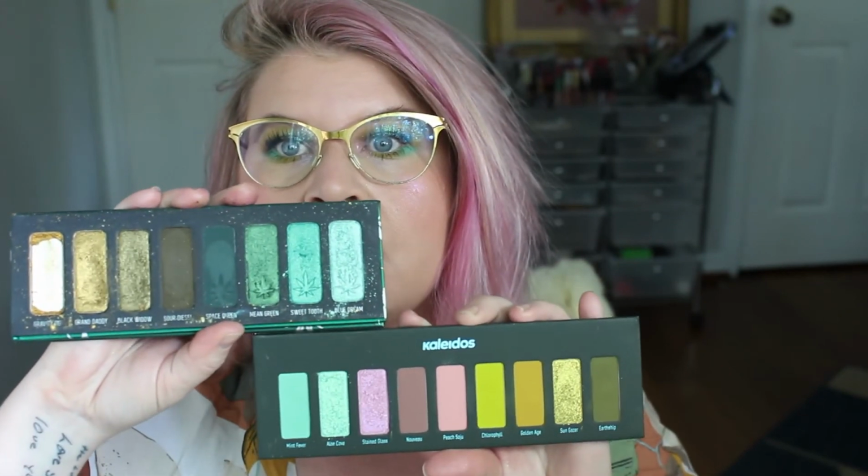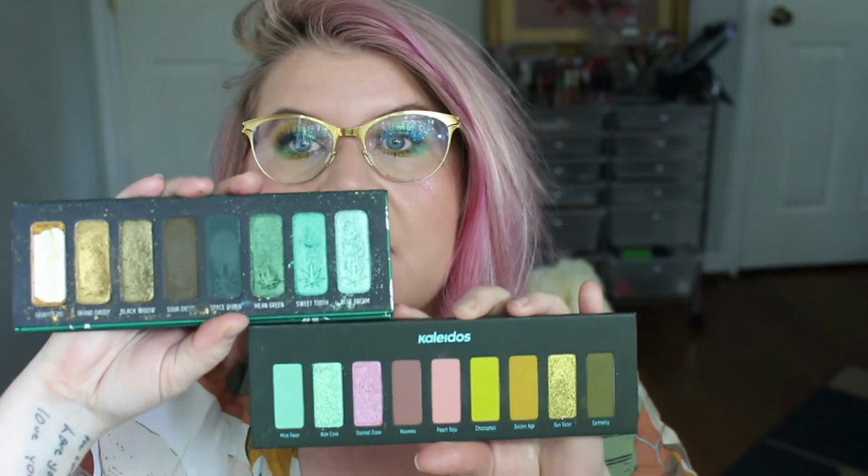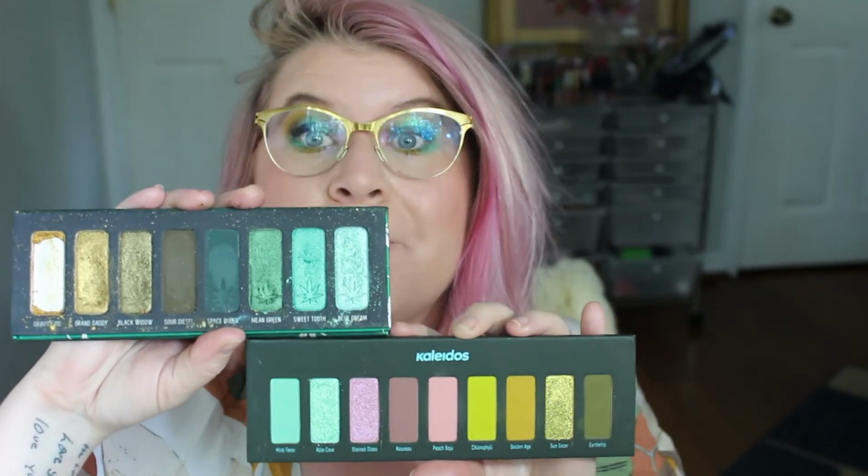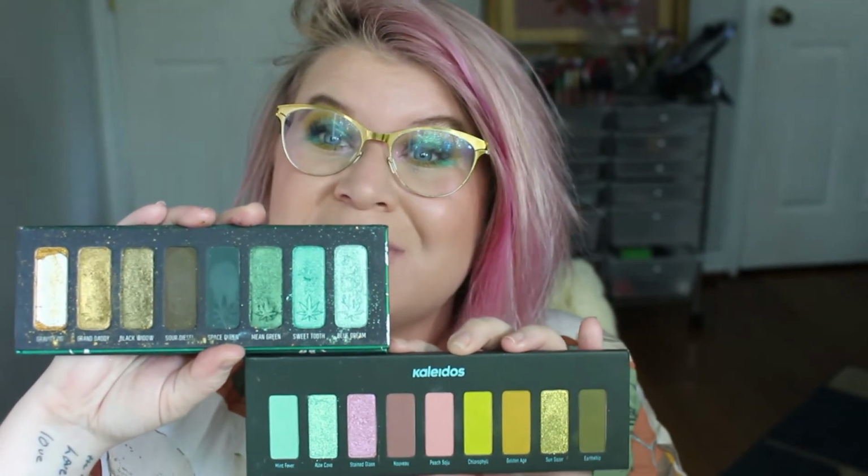But for me, it was the mint side. They do look very similar. Now, when swatched out, they are not dupes, but we have to be honest, they look similar. When you put this up against, which one is it? Is it the 420? To me, this looks like the